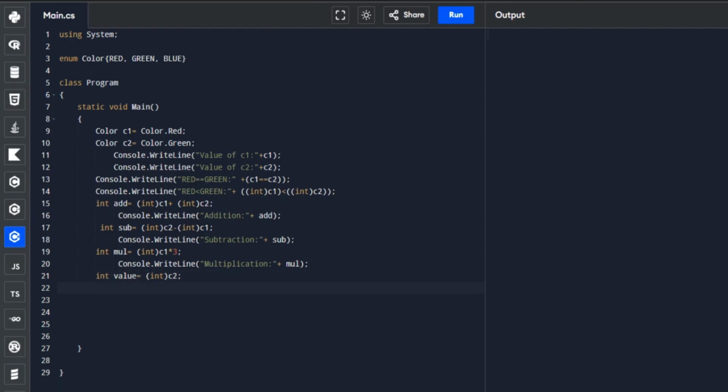And then a semicolon, and then we display the variable value.